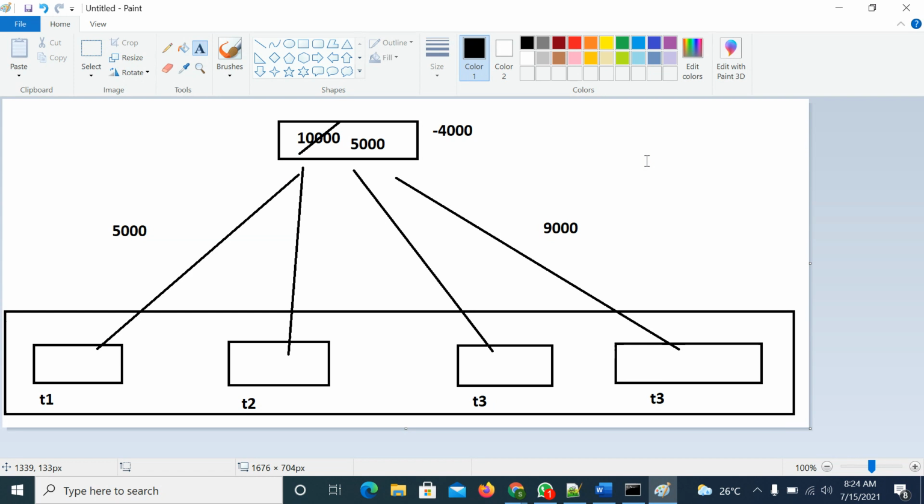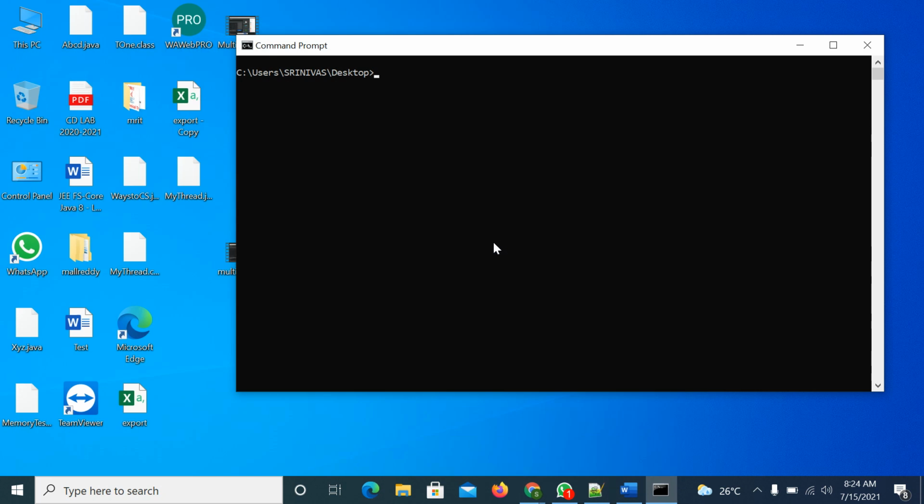So to overcome the drawbacks of inconsistency problems, we will use the synchronization concept. Why do data inconsistency problems occur? If multiple threads are there, multiple threads are having the same priority, multiple threads are executing, then there may be a data inconsistency problem. So to overcome those problems, we are using the synchronization concept, right?